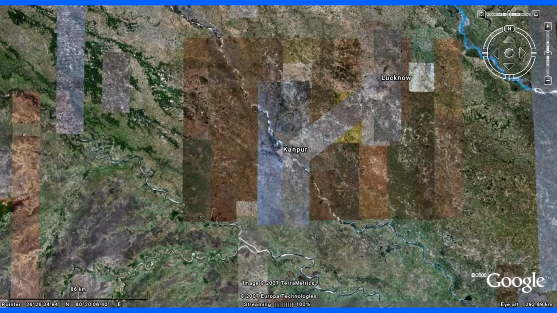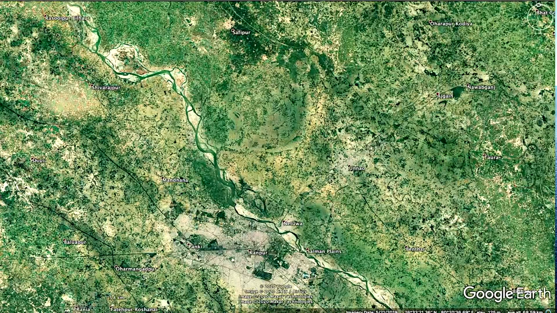Now there is an example where we are at Kanpur, and there is an excellent example of a very large meander loop which has been left out long back. So a close-up of that, if you see, has been shown here. Okay. So this is the portion of the